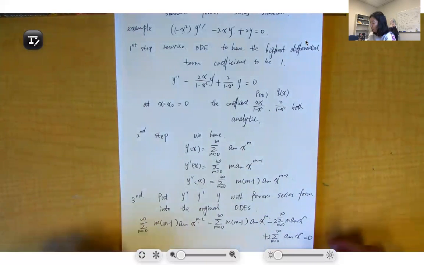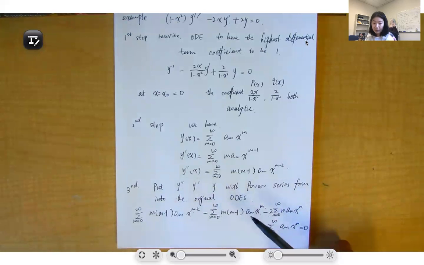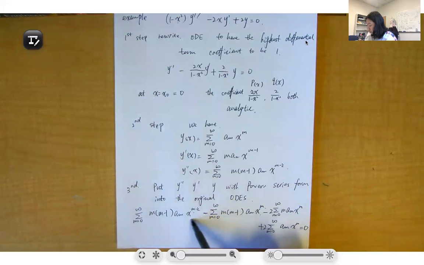So this is the format after I put the y double prime, y prime, y with the power series form into the original ODE, and we get this equation which has x to the m minus 2 term and x to the m's power. Okay, and you can see that the power orders of these terms are different. This is m minus 2, this is m. Then the first step, we are trying to put all the powers to be the standard power from